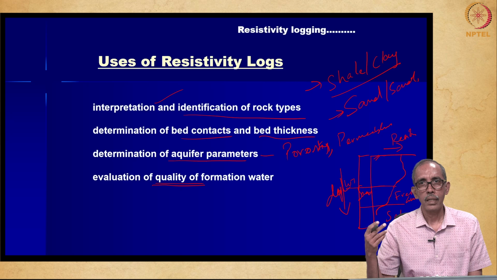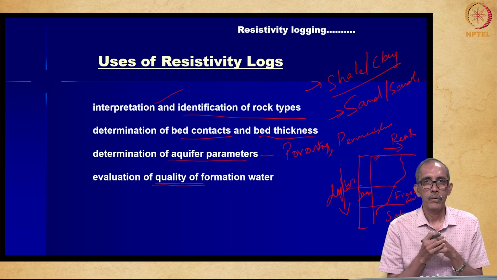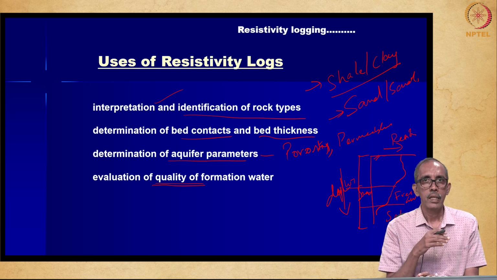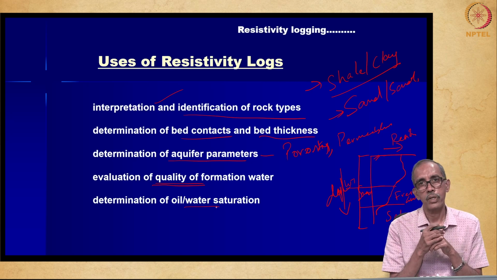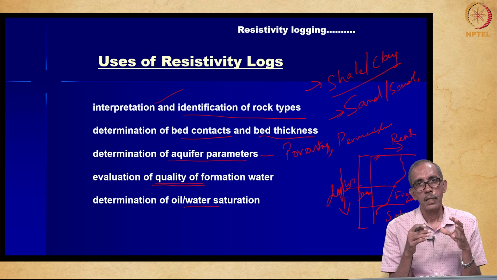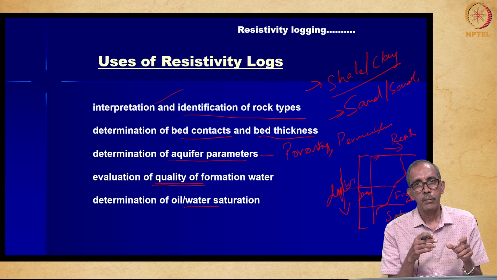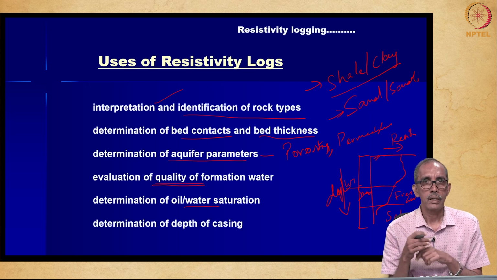When the formation water is contaminated, it has a higher amount of total dissolved solids, due to which resistivity will be very, very less. Then we are also able to determine water saturation. How much of the pores is saturated with water, how much of it is saturated with oil. Hope you can recollect, we had seen one diagram showing water saturation and oil saturation, right. So, that is the greatest advantage of resistivity logging.